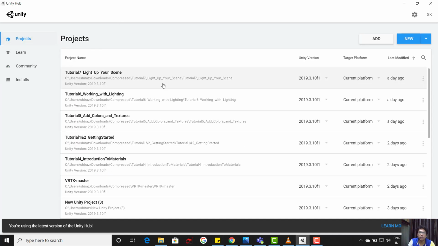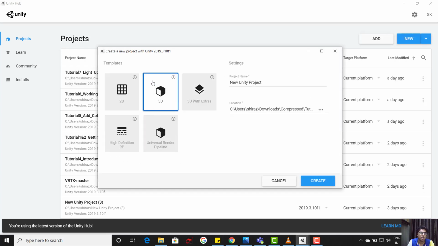Similarly, in case you want to create a project, while creating a project, you may click New, 2D or 3D. This is how you can select, and you can name it anything. In this particular video, I'm not going to cover any projects. Maybe in the next tutorial, we are going to cover those also. Yeah, thank you so much.